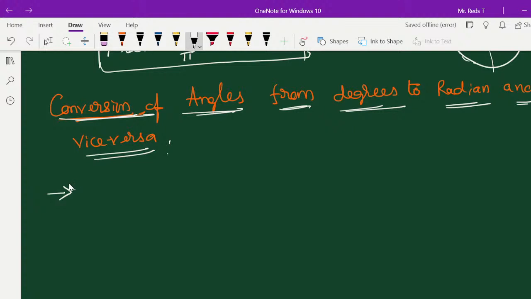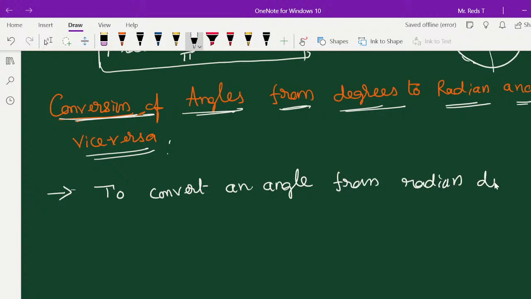Write down: to convert an angle from a radian to degree. I have taken in the subheading conversion of angles from degrees to radian and vice versa, so we can consider from radian to degree or degree to radian, in any order. Let us consider first to convert an angle from radian to degree,